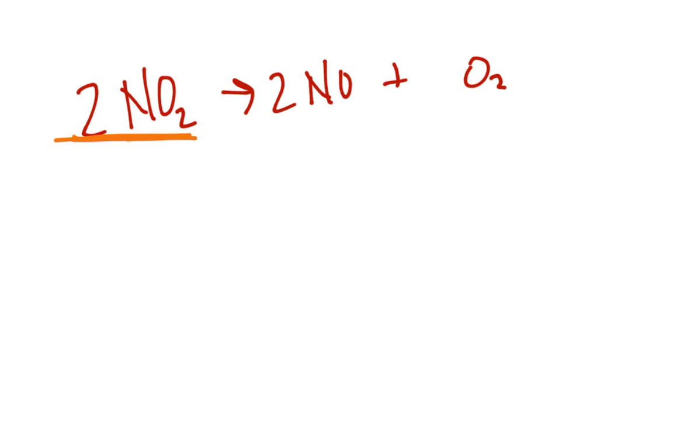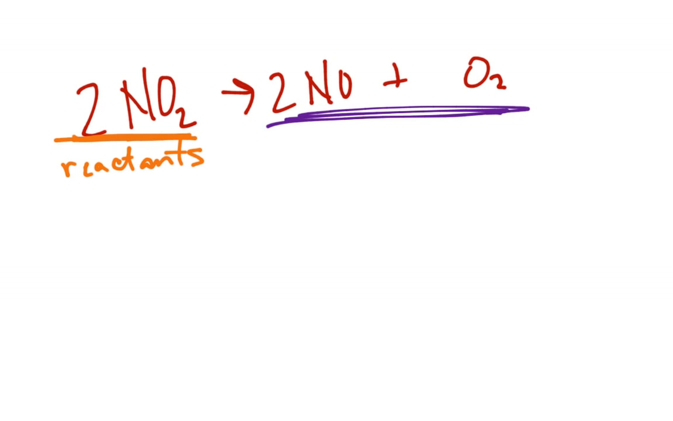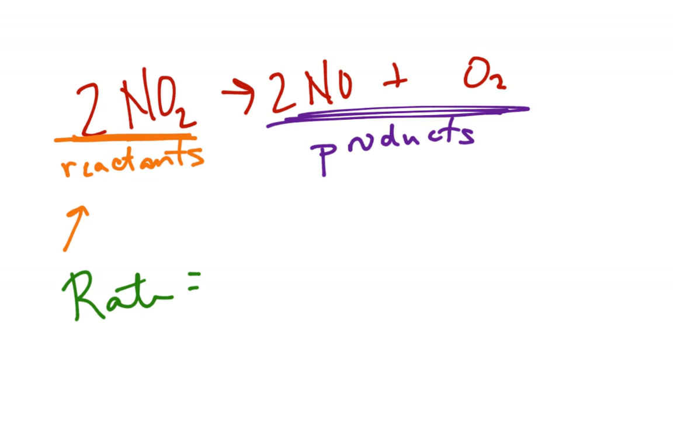Everything on this side of my arrow is my reactants. Everything on this side of my arrow is my products. Okay, for the rate of the reaction to start out with, we're only going to be worrying about my reactants. Alright, and so for the rate, what we are going to say is that it is going to be equal to the